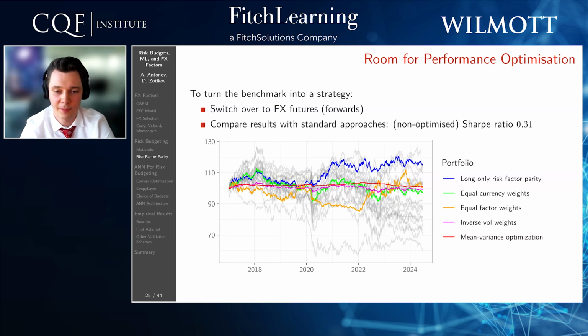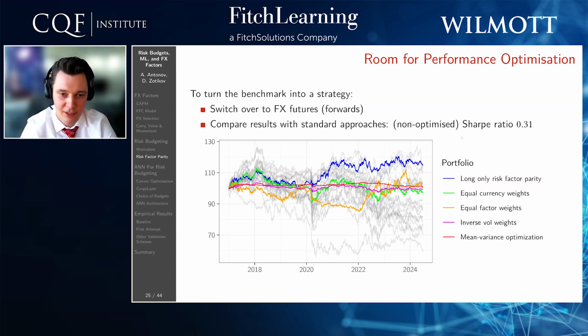We will be running this approach against other popular approaches of controlling risk, including equal currency weights, equal factor weights, inverse volatility, and mean variance optimization. And the out-of-the-box performance, in terms of Sharpe ratio, is higher than for all the other examples, at 0.31,